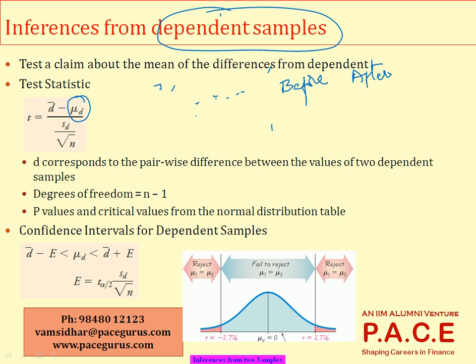There is no difference in the weights before and after. There is no difference in the ages between a man and his spouse. These are the hypothesized values. So I am taking that mu d, which is the hypothesized difference between those two dependent samples of data, as 0. But once I have collected the two samples, I'll find out what is